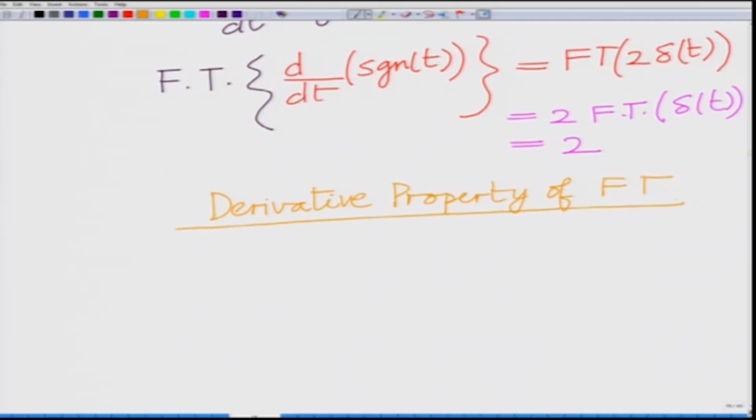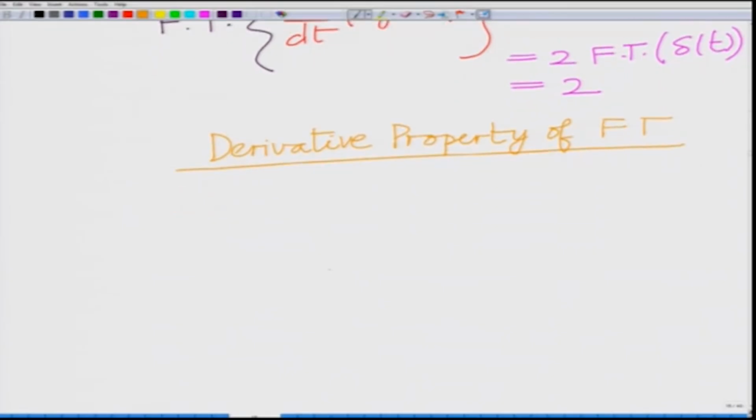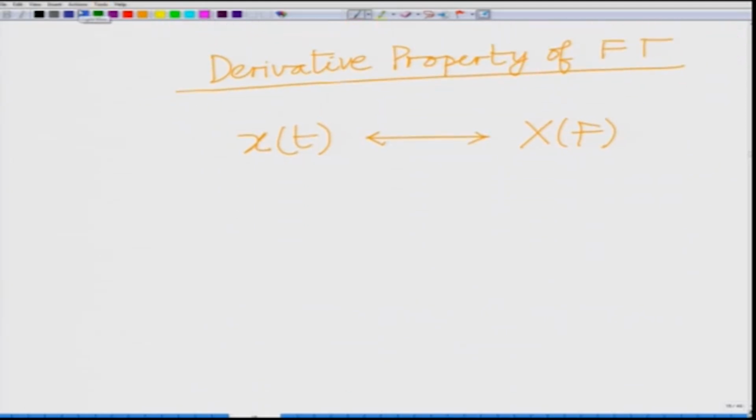The derivative property states that if a signal x t has Fourier transform x f, then if I look at the derivative of x t,